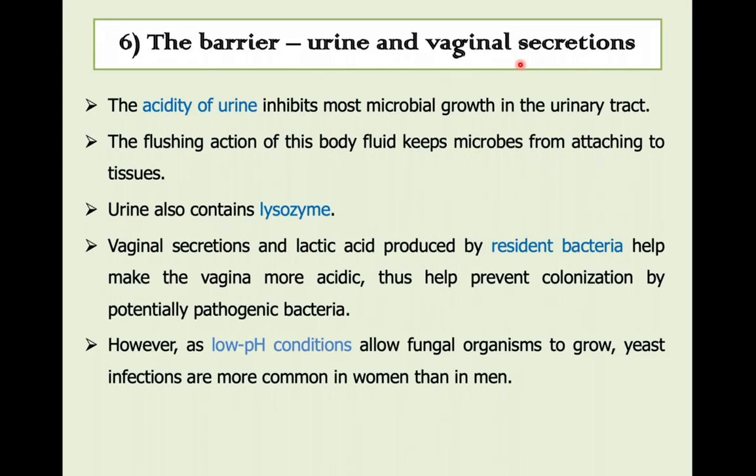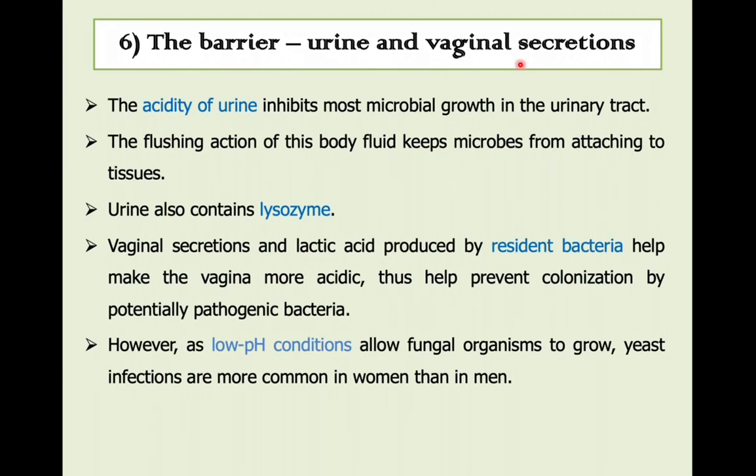Sebab apa? Sebab it contains a resident bacteria or normal flora bacteria, which is mainly lactobacilli. So lactobacilli ini helps to keep the vagina healthy by producing lactic acids or hydrogen peroxides untuk kill all the